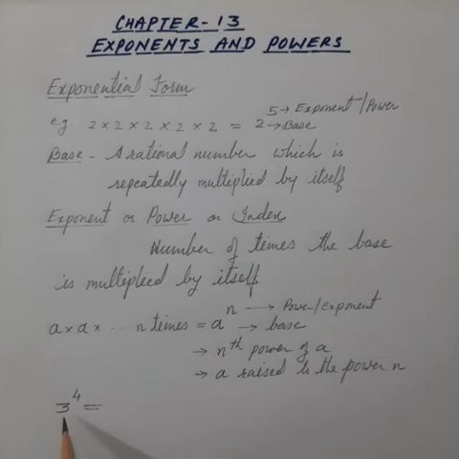If a multiplication or a product is given in exponential form, we can find its value. Here 3 raised to the power 4 is given, fourth power of 3. So write it as 3 into 3 into 3 into 3. 3 is repeatedly multiplied 4 times and find the value. 3 3s are 9, 9 3s are 27 and 27 3s are 81.